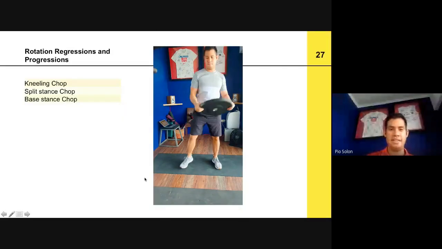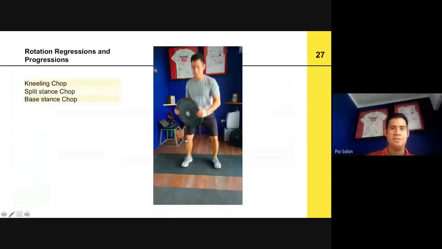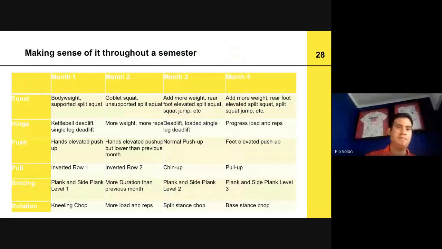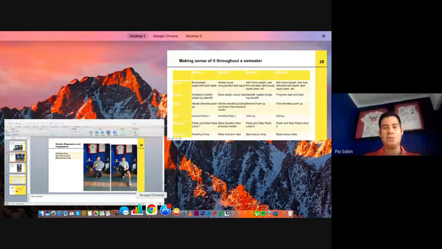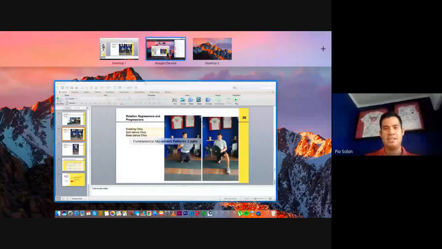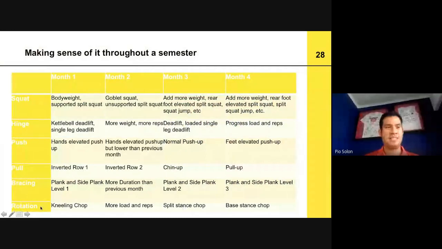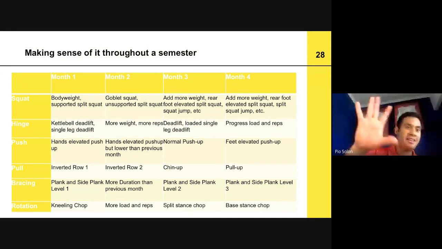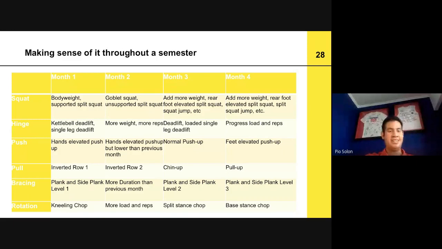And chop. All right. So, very basic. Most importantly, how do we make sense of all of this in a semester? How do we arrange everything, the regressions and progressions, because there's so much exercise and so many options now? How do we create a plan for our students so that when they enter school,